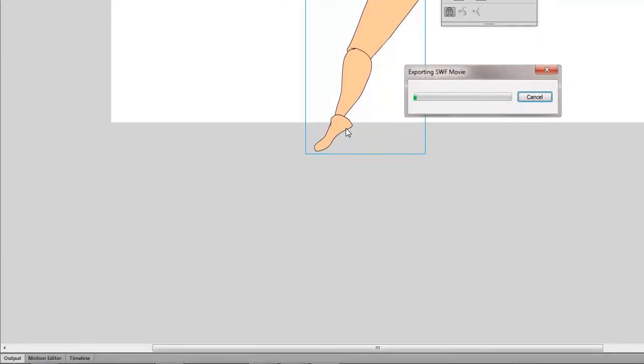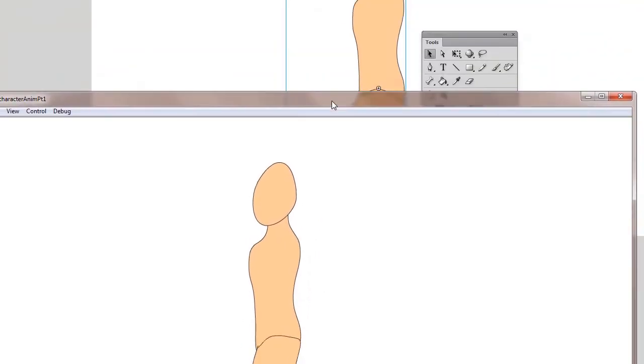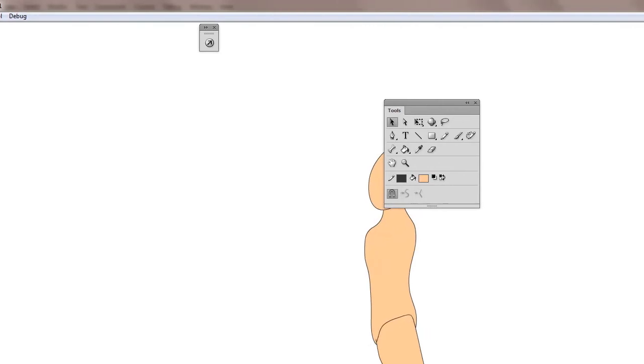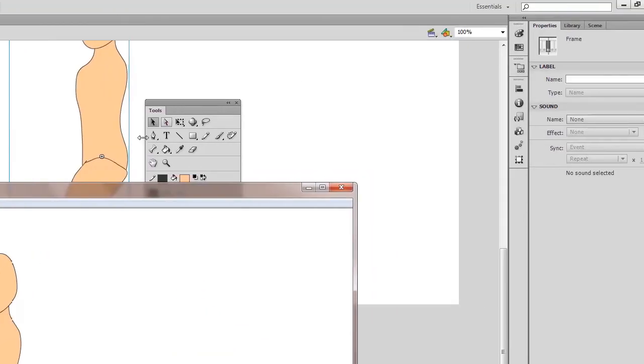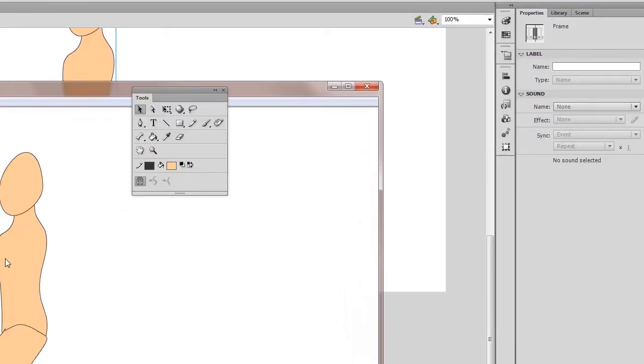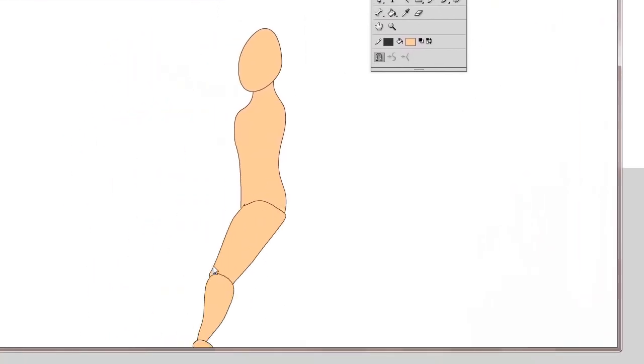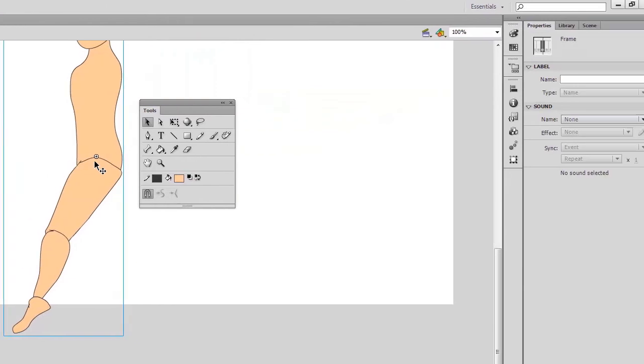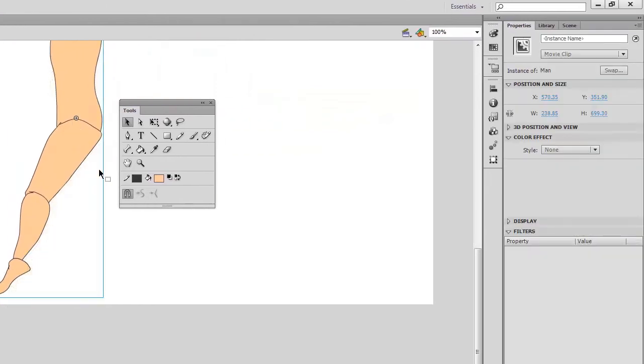Control and Enter to test. Just put that up here, and we can see the animation is running through. Okay, and the leg is just off the bottom of the screen, so I'll correct that by moving the model, as it were, up,